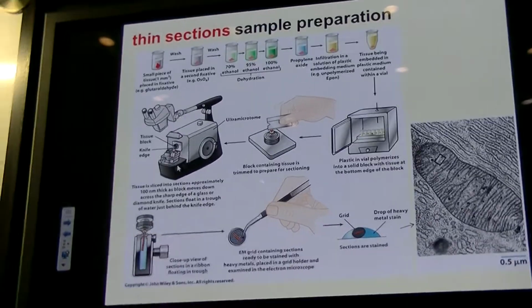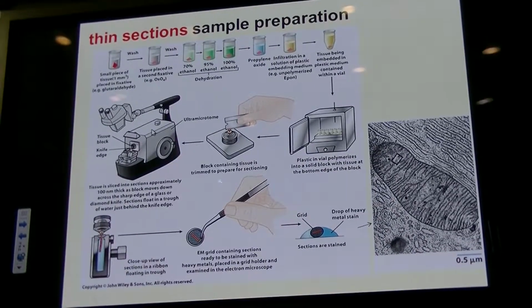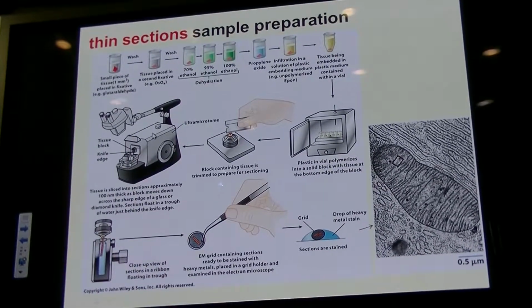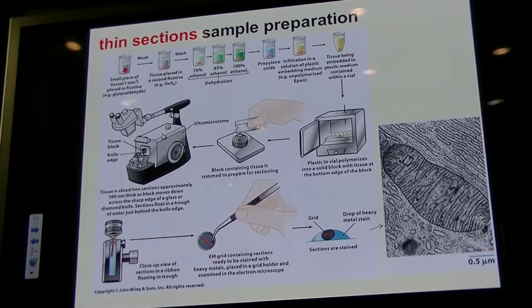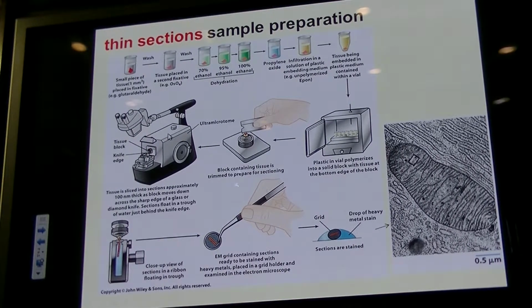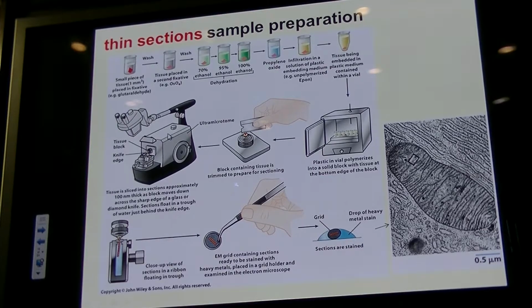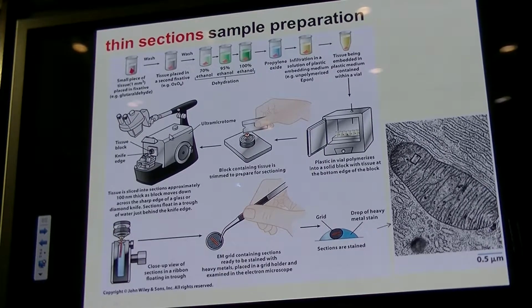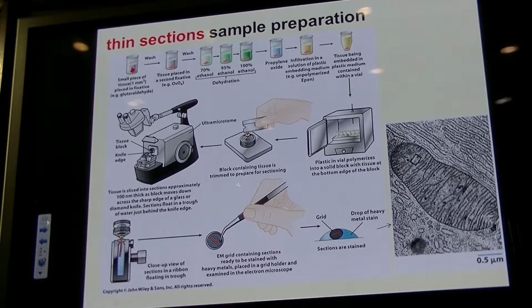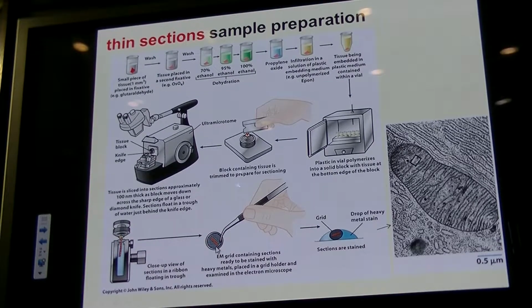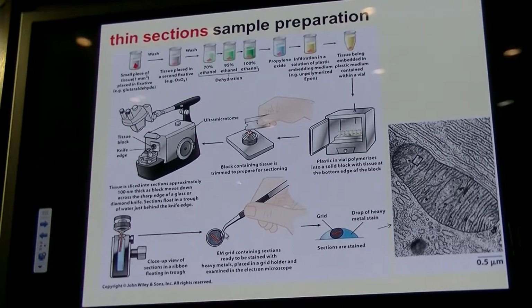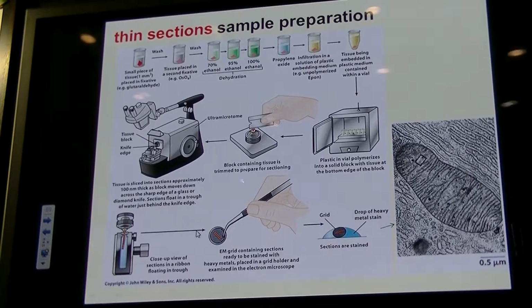You use a special machine called a microtome. The best microtomes have knives that are made of diamonds. Diamond is the hardest material that you know, so you can get the best knife for the thinnest cut. You get a very thin cut to collect strips of biological material on a thin grid of typically copper,